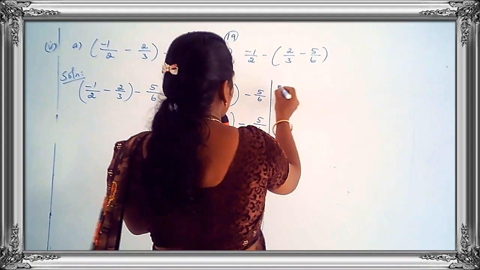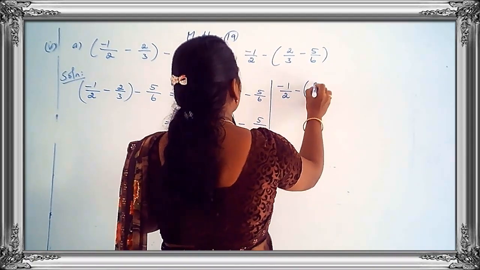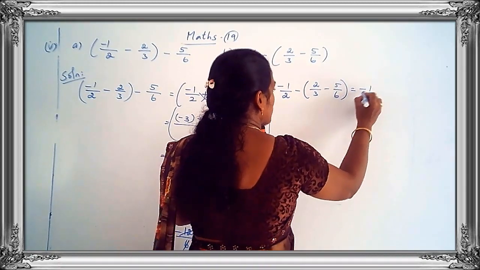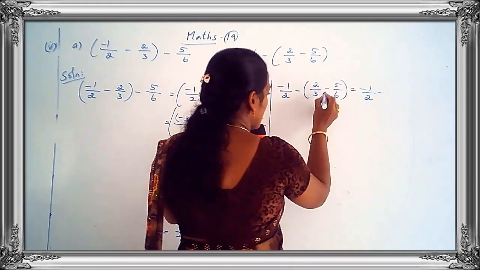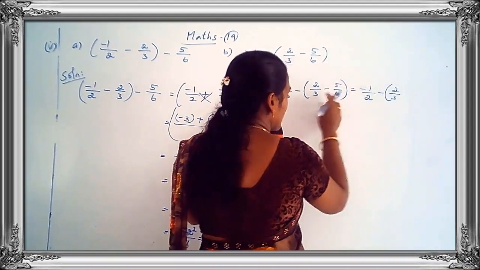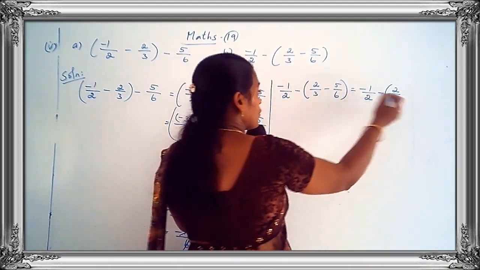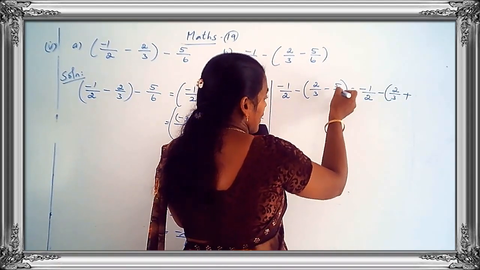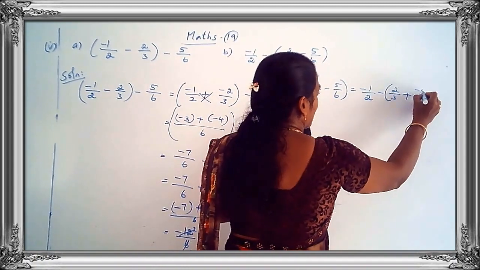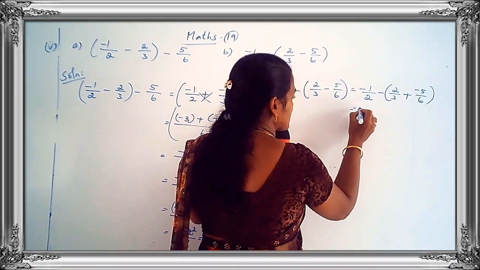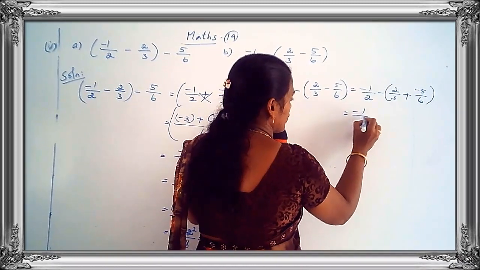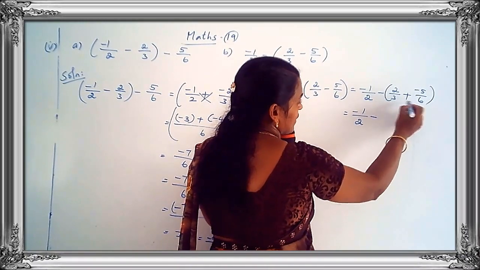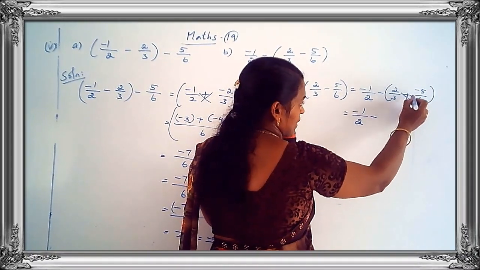What is given in the B part? Minus 1 upon 2 minus 5 upon 6. Okay, so minus 1 upon 2 minus 2 upon 3, here the minus sign is there, so you convert into plus. At that time you put the additive inverse. Okay, so the additive inverse of 5 upon 6 is minus 5 upon 6. Okay children, so minus 1 upon 2 minus the value of, here you see that the denominators are different, so you do the cross multiplication method.